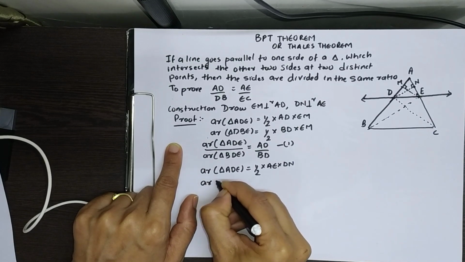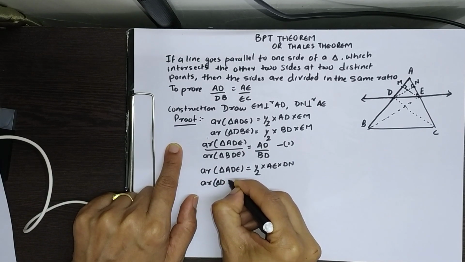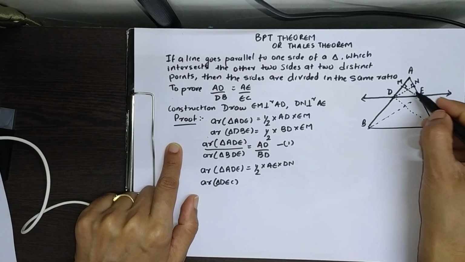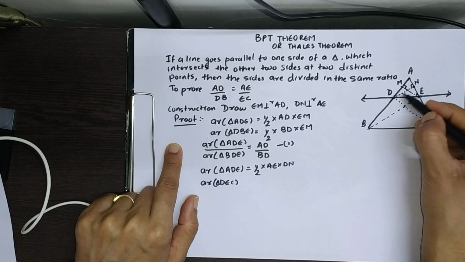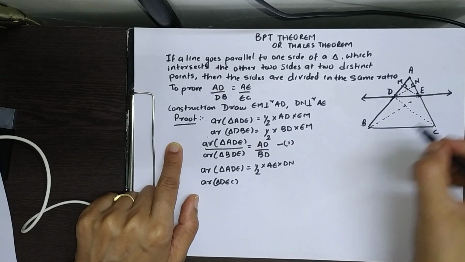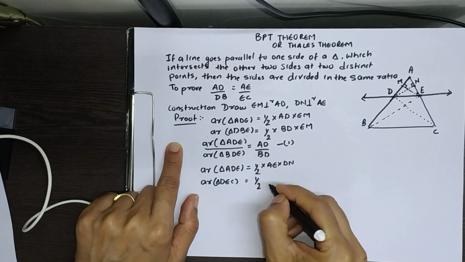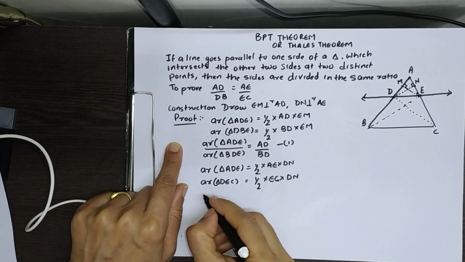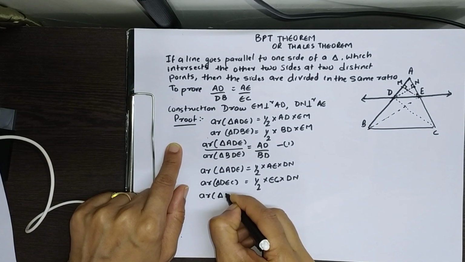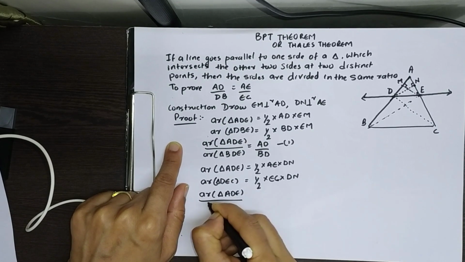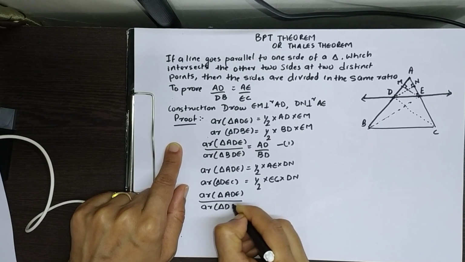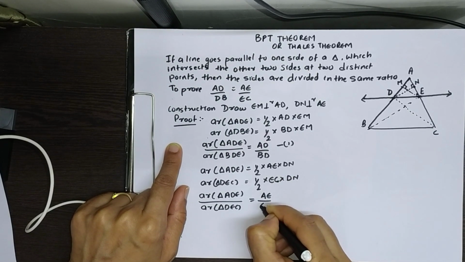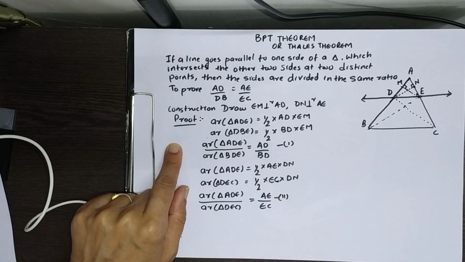Okay, area of triangle DEC. This is DEC. Again, it's an obtuse angle triangle. The altitude is lying outside, which is DN. DN is the altitude. So can I say the area of this triangle DEC is half into EC, which is a base, and DN. So area of triangle ADE upon area of triangle DEC. We are taking the ratio. So again, half and DN will get cancelled out and we will be left out with AE upon EC. We will mark it as equation number 2.